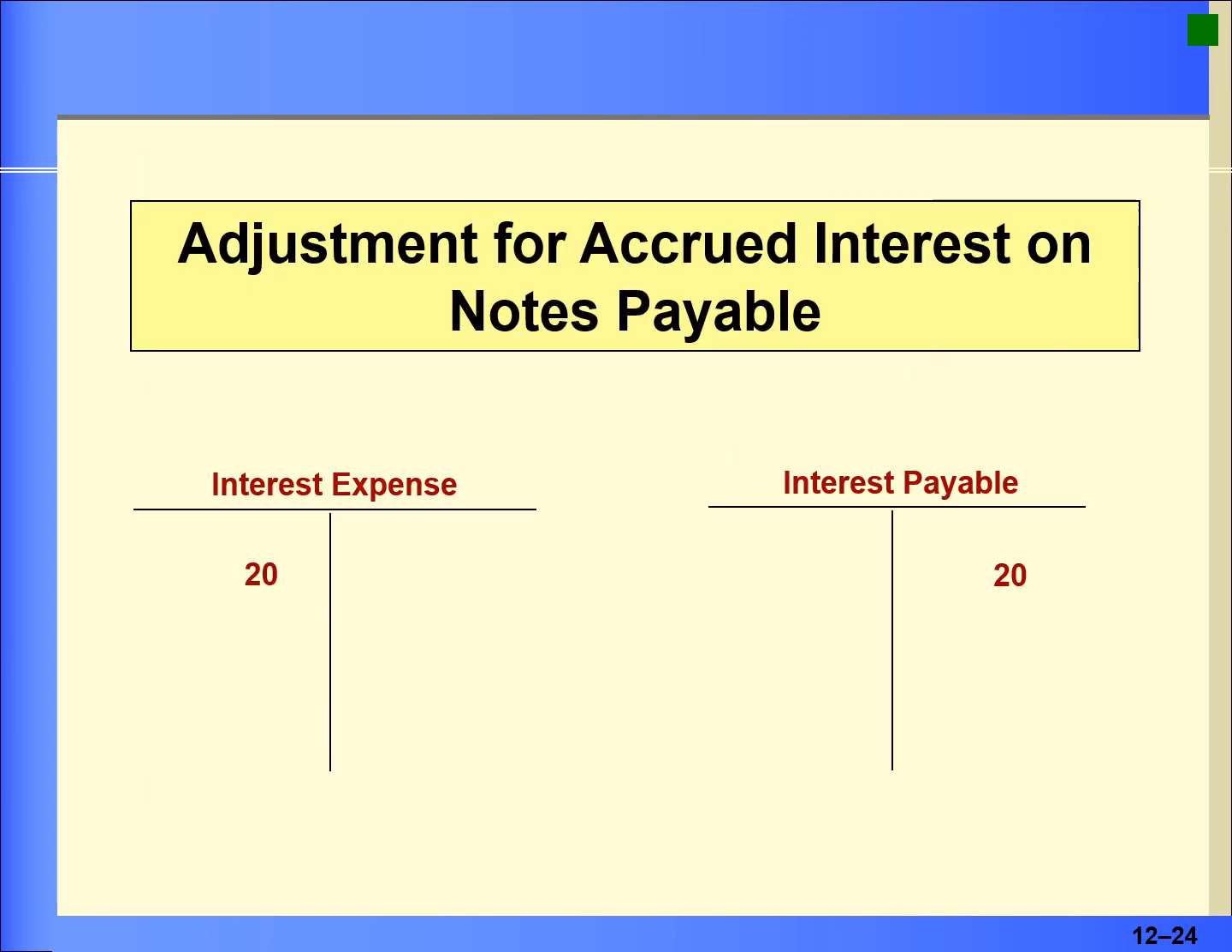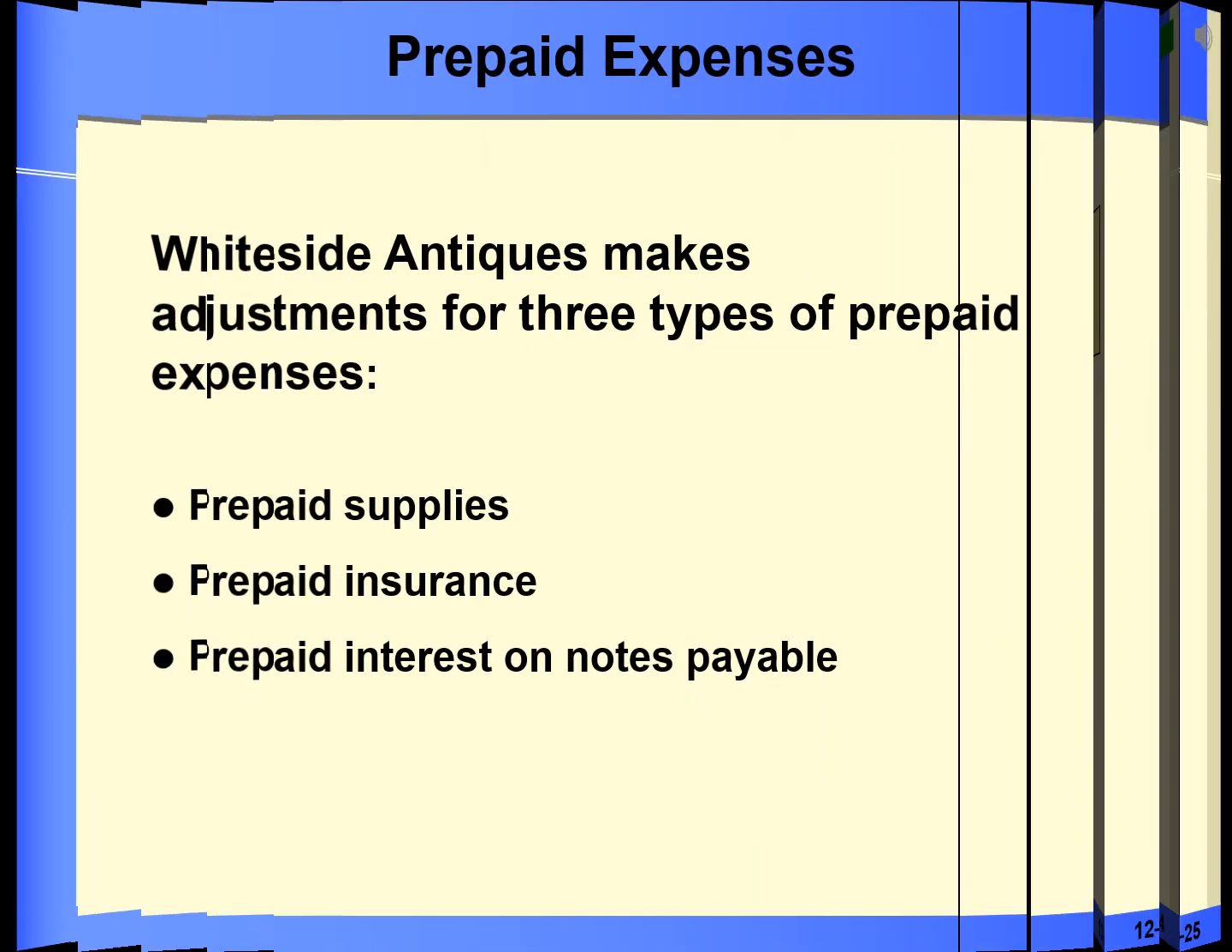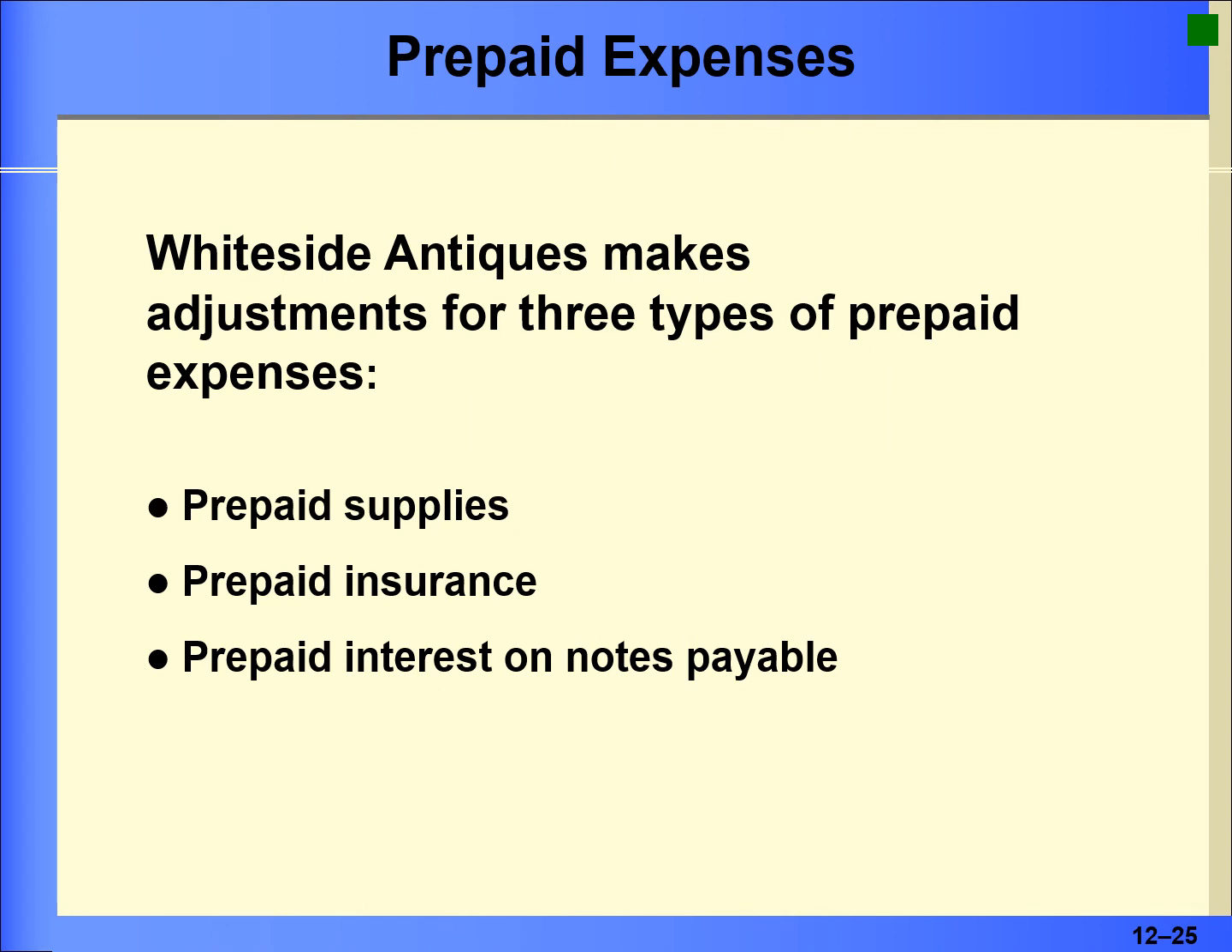And of course, in T-account format, this is what they're showing you: debit interest expense, credit interest payable for the $20. And these are review types of adjustments. We've already seen several of these, but supplies is called a prepaid expense. You could have prepaid insurance, prepaid rent, prepaid interest. But these first two are the most common ones that you're most likely going to see show up on a